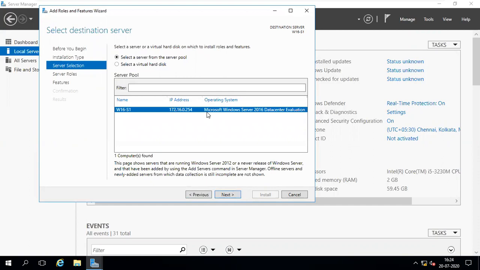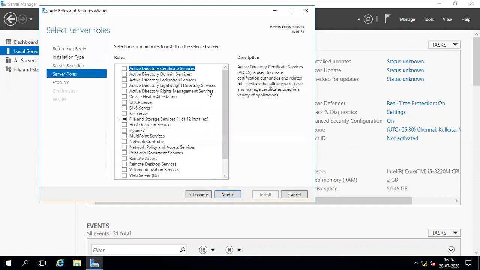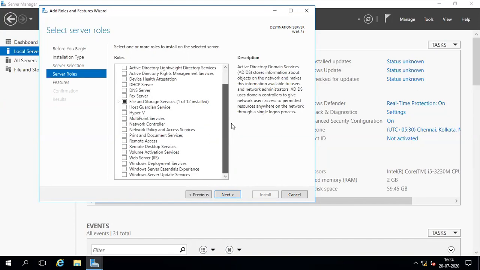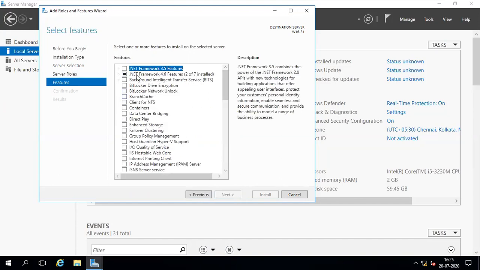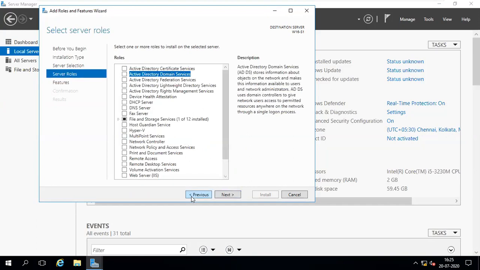And first option only, select a server from the server pool. Make sure that your name is there and the IP address is there. That's it. Here, the second one, this one. Can you see? Active Directory Domain Services. You know, some people are very smart, they select this one or this one or this one, so they don't read. This is Active Directory Domain Services, click it. If you want a description, you can go for it. These are all roles in the server. Each role has some importance, some are dependent. And each role, when you are installing, has features that should also be installed. The related features are there, so we can install them.